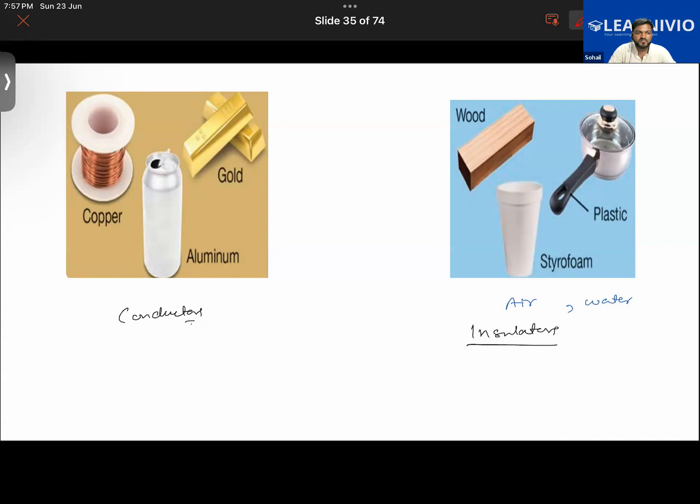No, sir, I never thought about it. Sir, when I was a kid, I thought that birds have some good insulators in their feet, so that's why they don't get electric shock. Because they have webbed feet, that's why. No, no, no. That is not the reason. That's a different thing.